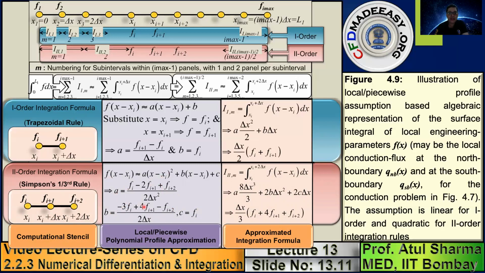And then when you substitute this a, b, c into this formula and do the integration, note that in first order the limit of the integration is xi plus delta x. Here it is 2 delta x, because you are taking in the interval 2 panels. So once you integrate, you get finally this formula for one subinterval. This is the derivation which I have shown you for the trapezoidal rule, and this is called Simpson's 1/3 rule, where you have delta x by 3. And in the next slide, we will sum up over all the subintervals, and I will give you the formula for this first order integration and second order integration for the complete interval.